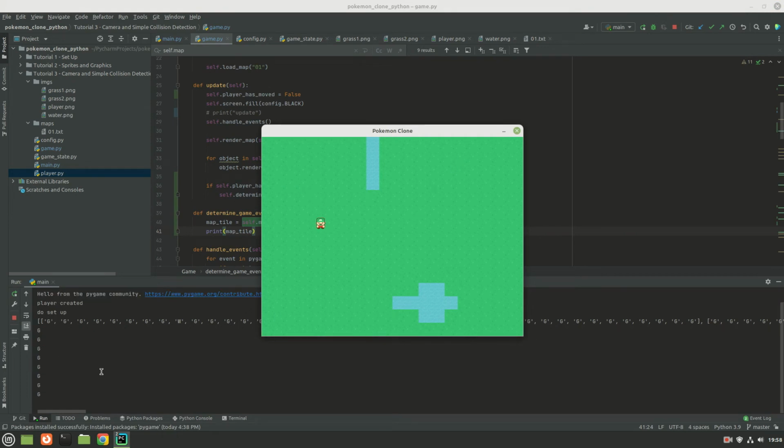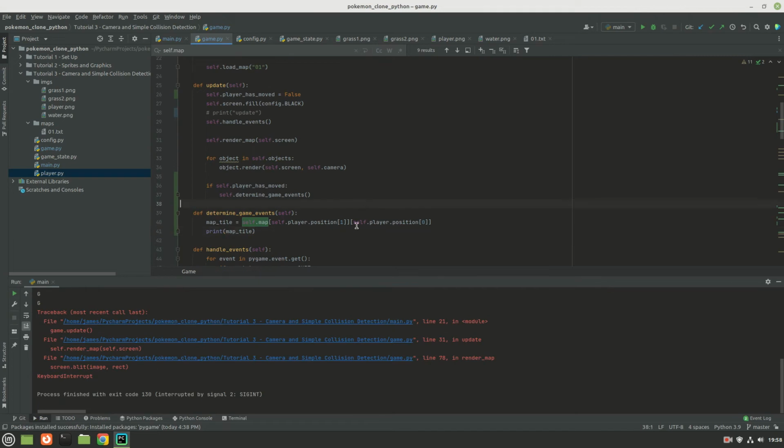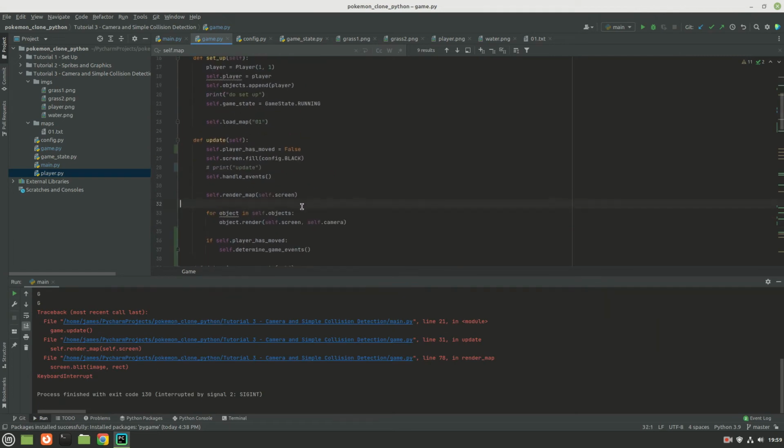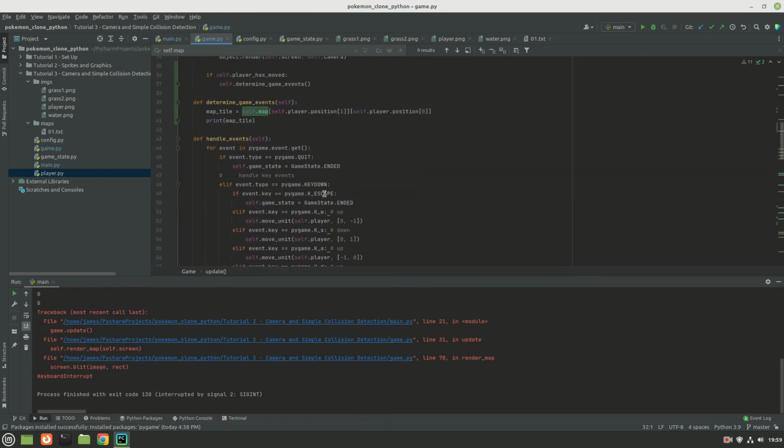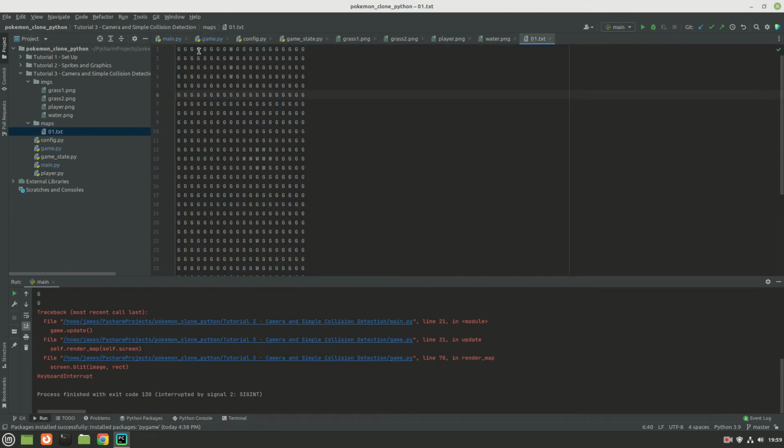Okay, so every time we go over grass, we get a G printed out. Cool. So we're going to stop here, and we are going to add in some road just for interest's sake. So again, we have this big map text file currently. So we're just going to add a road down there.